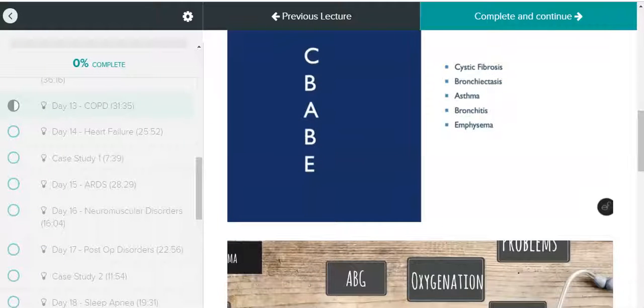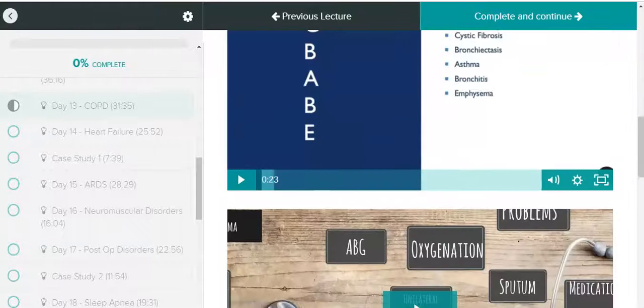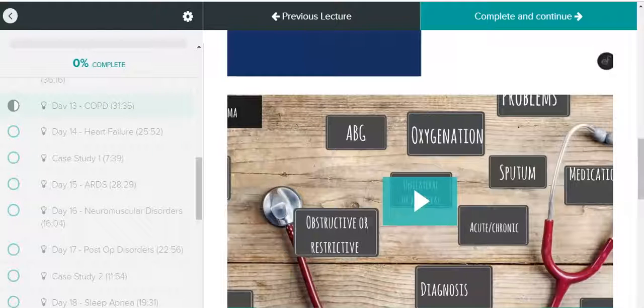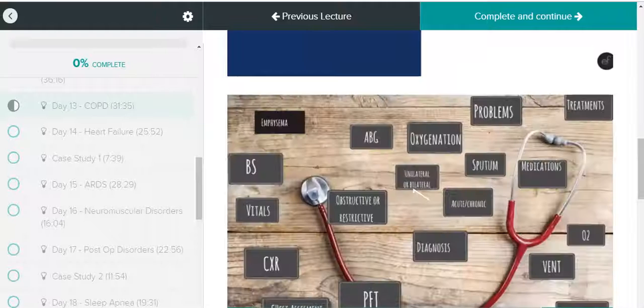Then we have a study guide and our video, and then we also have digital flashcards. So these, you just play them and they will come up. And a lot of the information they need for that study guide they can get from this, in addition to